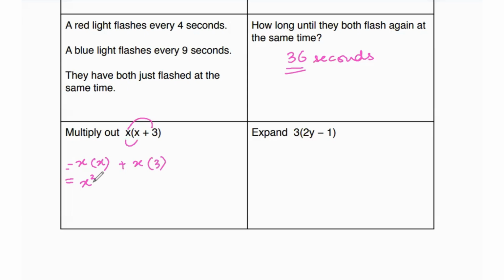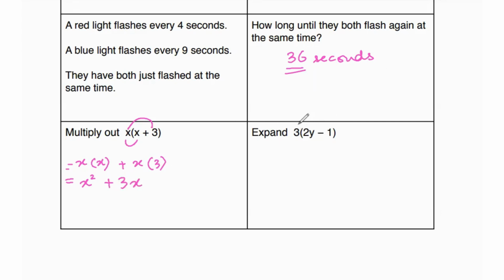But when you're doing x plus x, that is 2x. In addition and subtraction, your power doesn't change. But when you're multiplying and dividing variables, your power changes. Now, x times x is x squared and x times 3 is 3x. In the second one saying expand